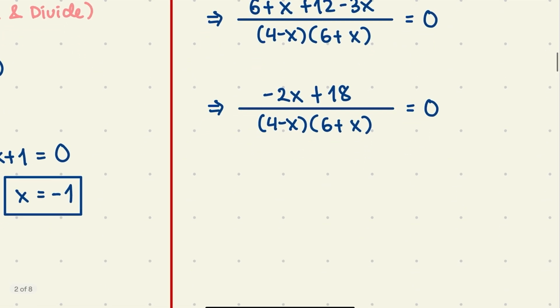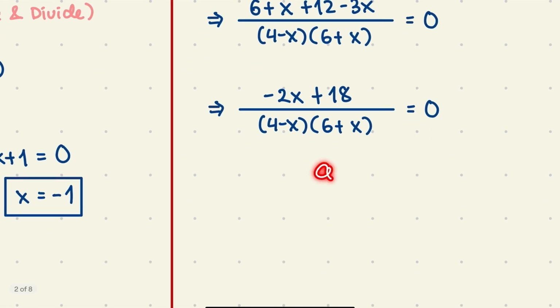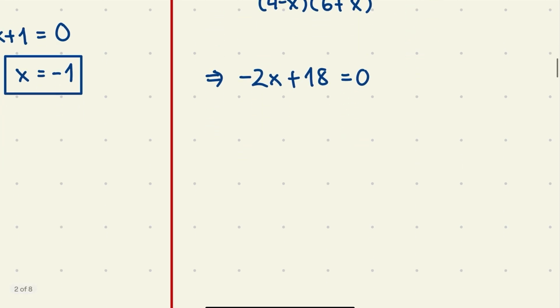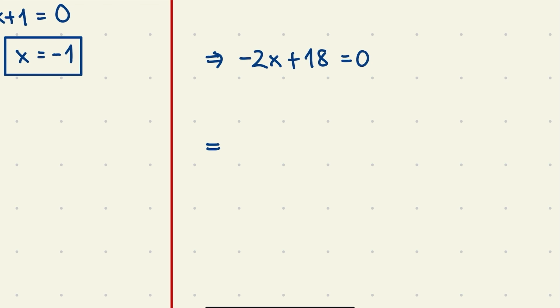And then let me ask you a question again. If we have a fraction out here, a over b equal to 0, when will this be equal to 0? This will be equal to 0 when a is equal to 0 and b cannot be 0. Got it? So we need to find a certain value that would make this 0 and we'll leave these two to be not 0. So we have here negative 2x plus 18 equals 0. This can easily be simplified to